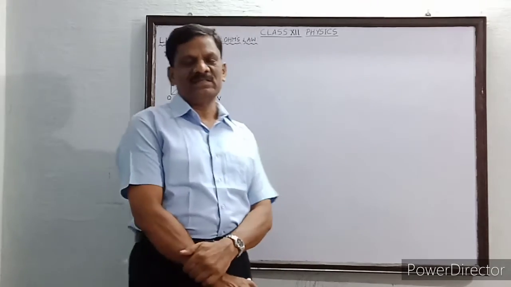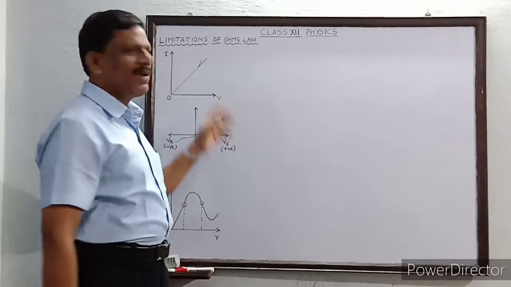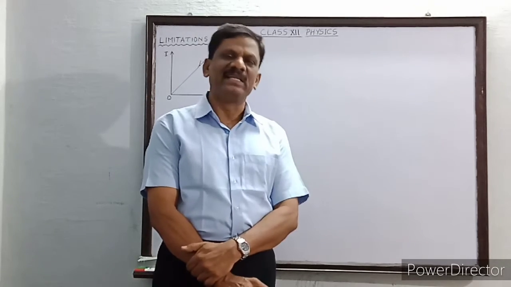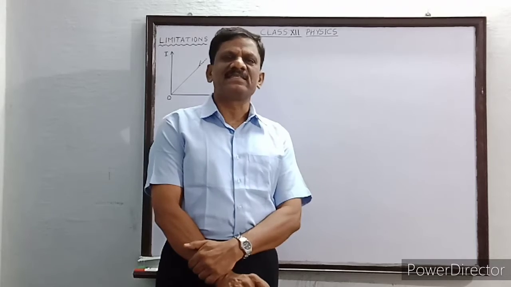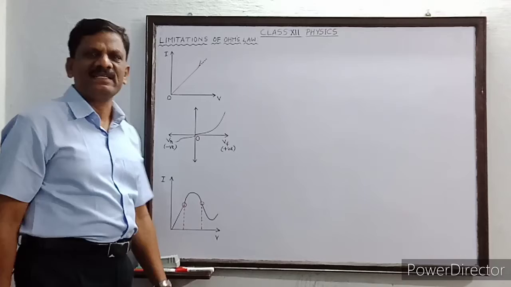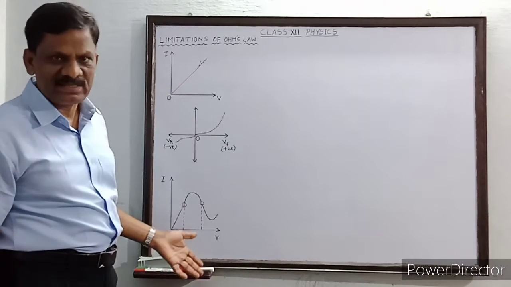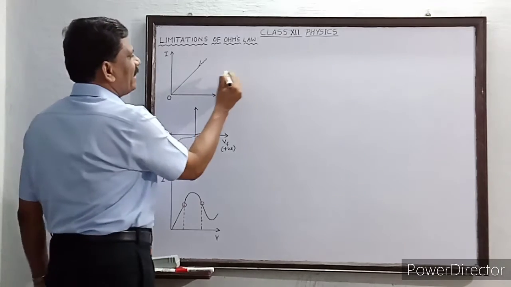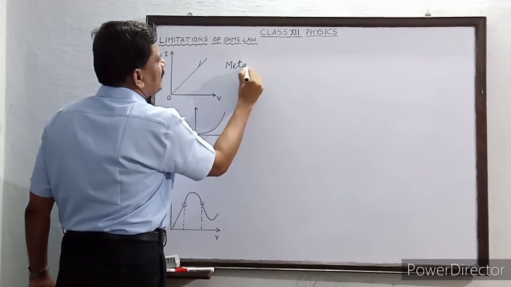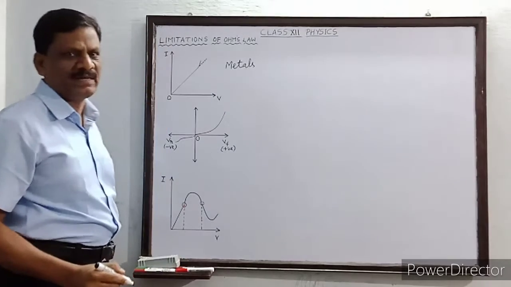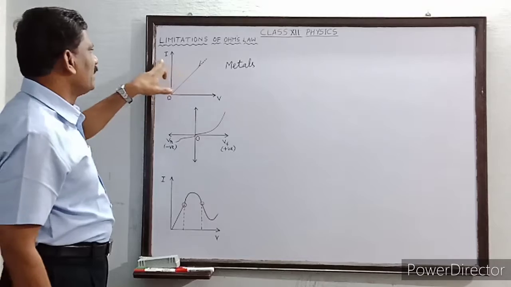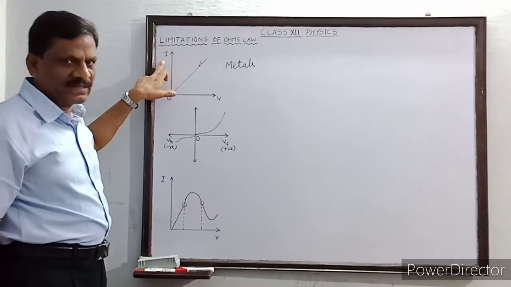flowing through the conductor. And we have plotted the graph between the potential difference and the current for various materials like pure conductors, semiconductors. Now you can look at the graphical representation drawn for different types of substances. The first graph is drawn for metals, for pure metals such as copper, aluminium and other metals. The voltage is taken along the x-axis and the current is taken along the y-axis.